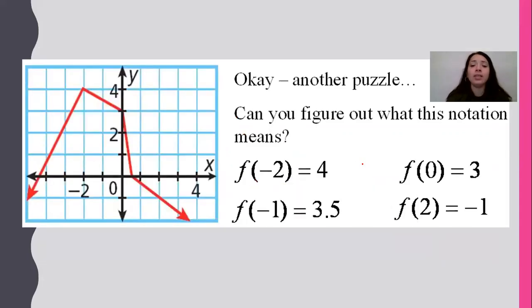All right, so looking at this, it says, okay, another puzzle, can you figure out what this notation means? So this one, I'll do it with you guys. If it says function of -2, remember, inside the parentheses, what do we usually see? We usually see an X. So if we look at -2 as our X, remember this is X. And then we look for 4,